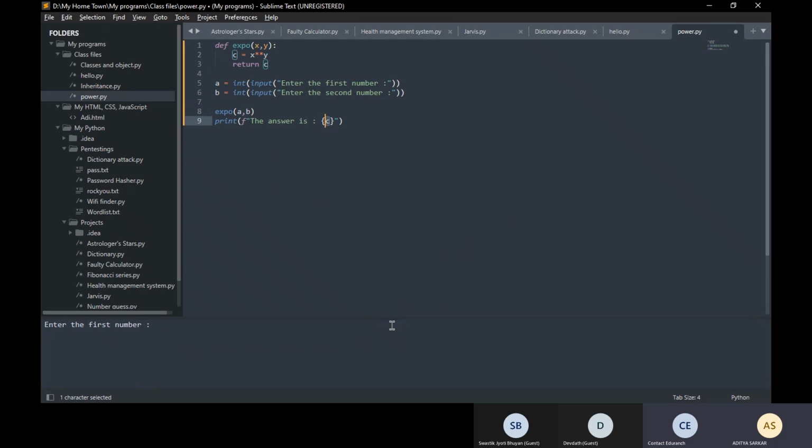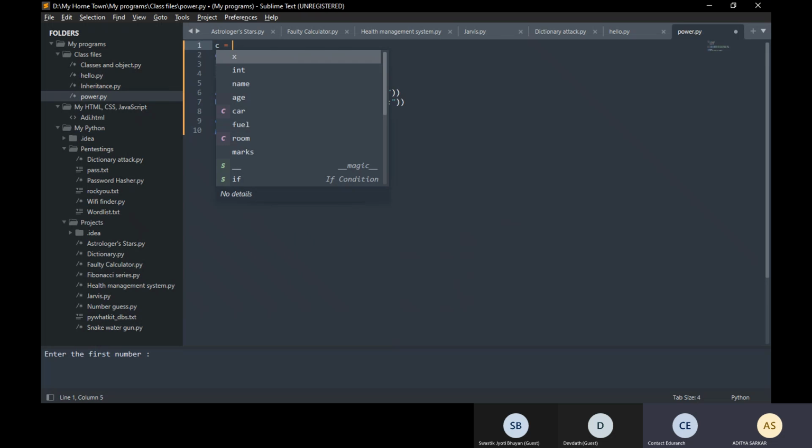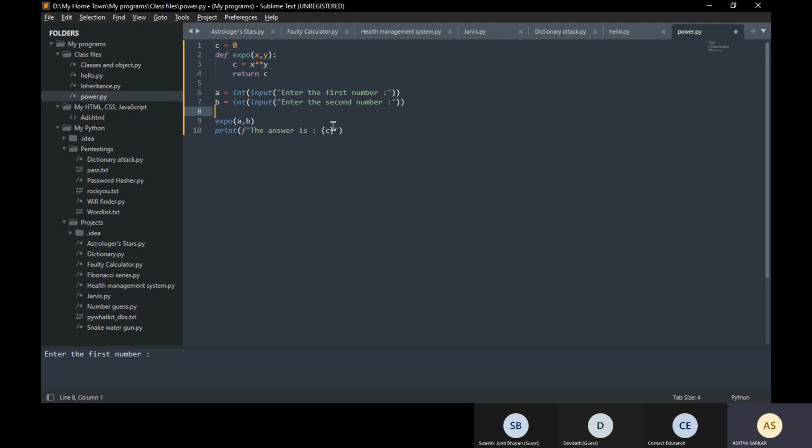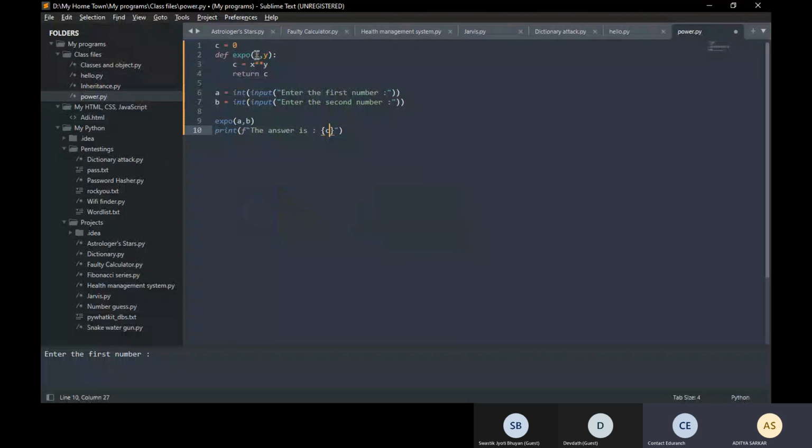Where you see the c variable, you have created it inside the function, so it's not valid, it won't be visible outside. You have to create the variable outside, whatever it is returning. We'll give some 0 value, then we'll check. 1 minute. No, hold on. Don't rush. Okay, let's do it properly.